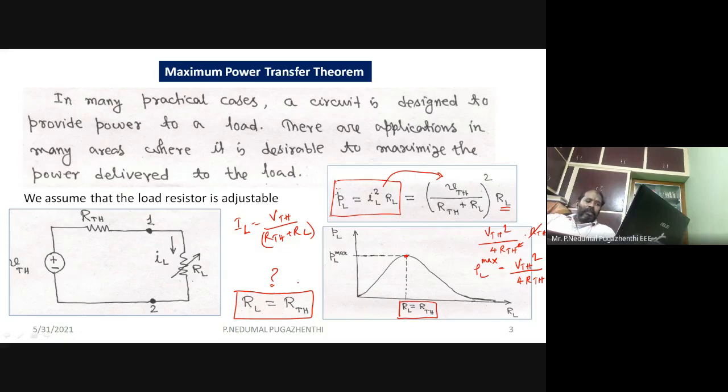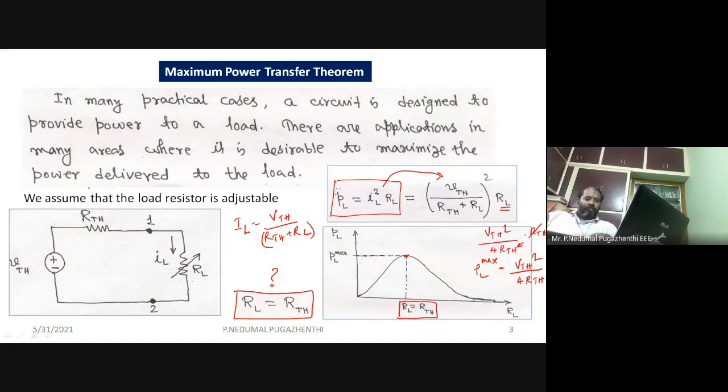We will see that. Before that, you tell me whether you got all the concepts which I have discussed in this particular slide. Yes or no? Please ensure me that you are clear with all the conditions or concepts we discussed in this slide. Hello? Everybody in the class, please respond. Are you clear with the concepts?